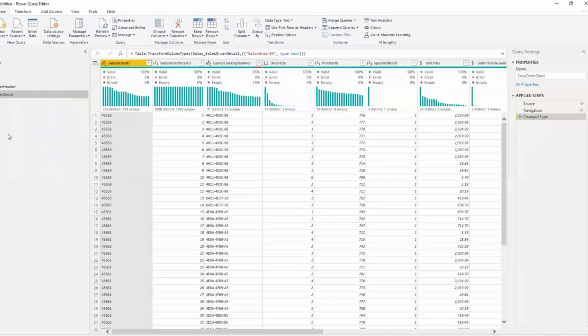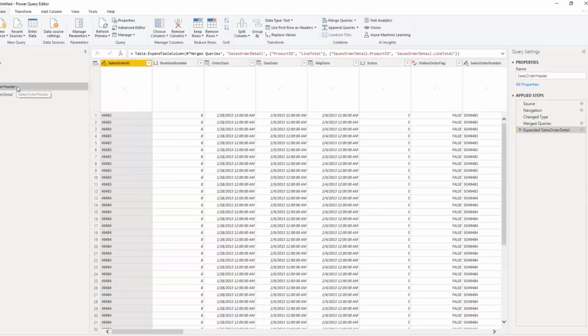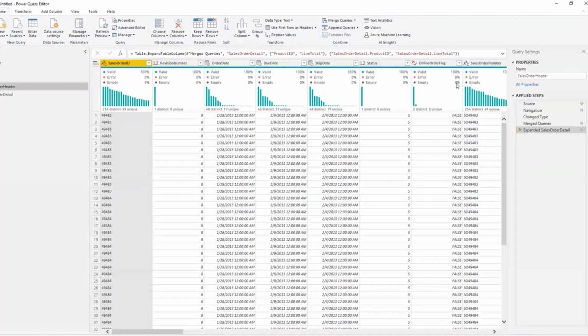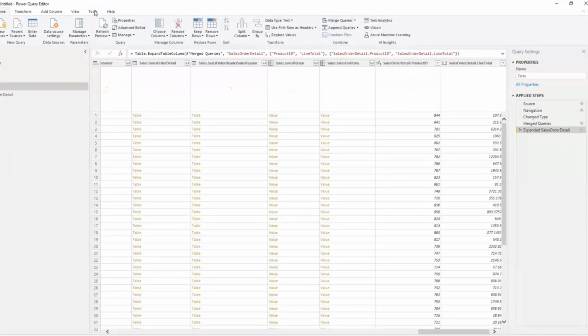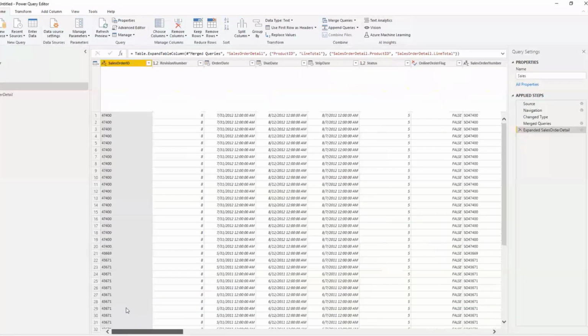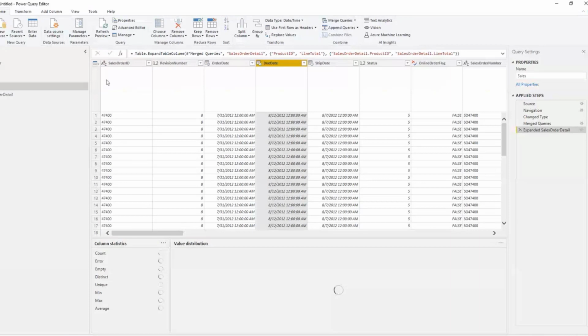So what I'll be doing is just renaming this as sales, and we have the table now. I hope it could run quickly. Right, so we have the table now, and I don't need the sales order details or anything like that. I'm just keeping it very simple for you guys. So sales order ID and all that is not required.